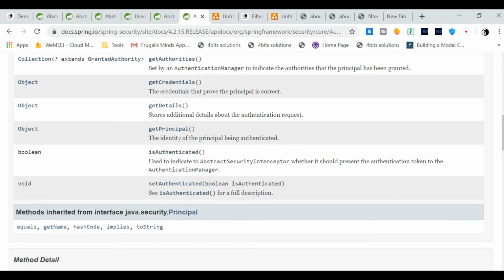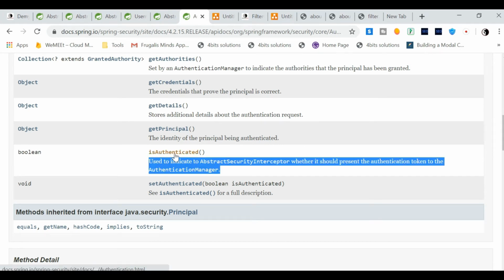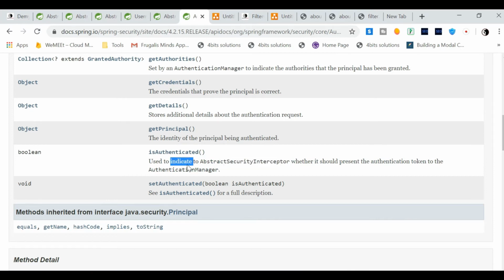Once it gets the input, the credentials are set first, and then once all the processing and logic based on the user credentials and the validations are done, it sets the authenticated value as true. This is used to indicate that the user is already authenticated, right?